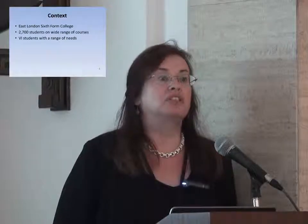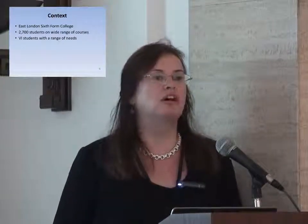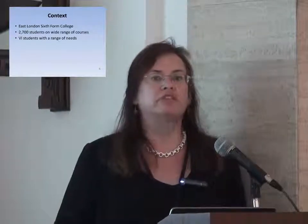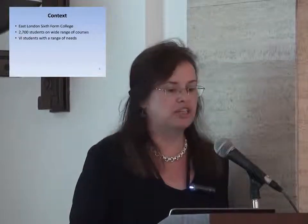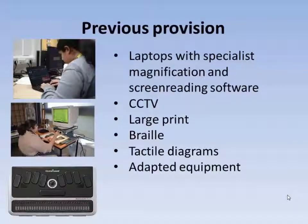For those who don't know what a visual impairment officially is, it's any eye condition that can't be corrected with glasses from an optician. So they have a wide range of needs. It could be large print, it could be braille, it could be that they need tactile drawings, etc., or adapted equipment. When I arrived at NewVic 4 years ago, we had laptops with specialist magnification screen reading software called